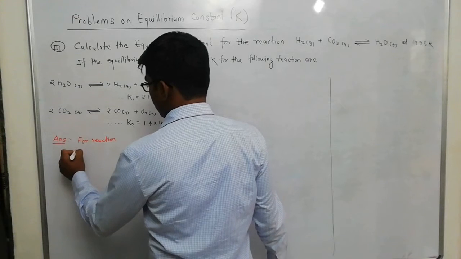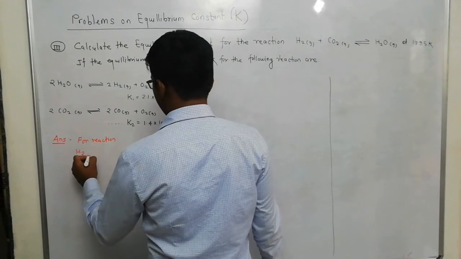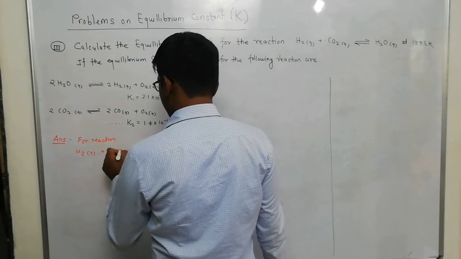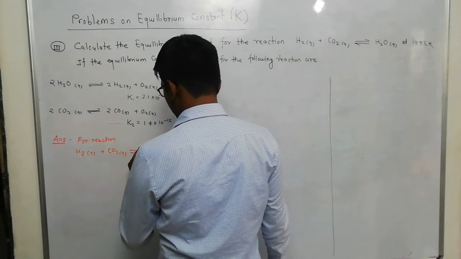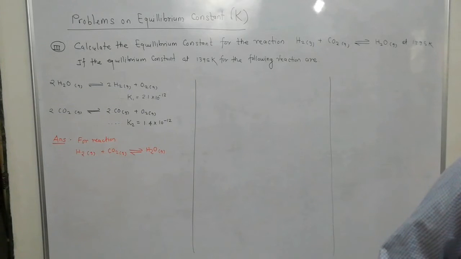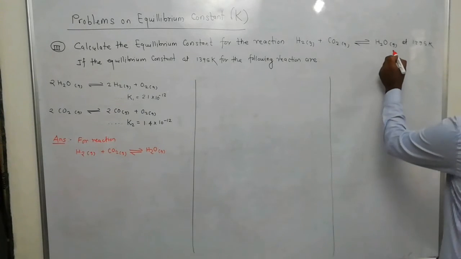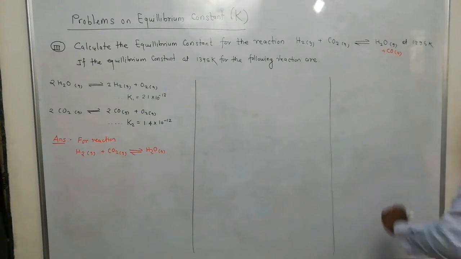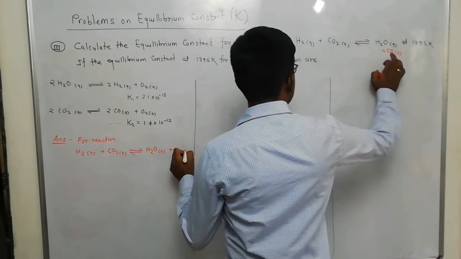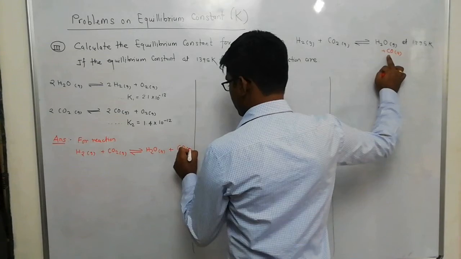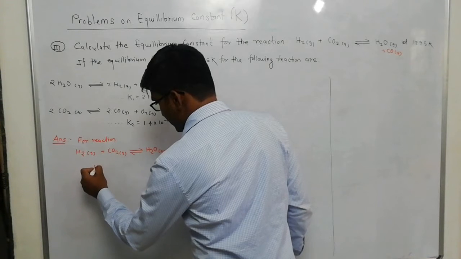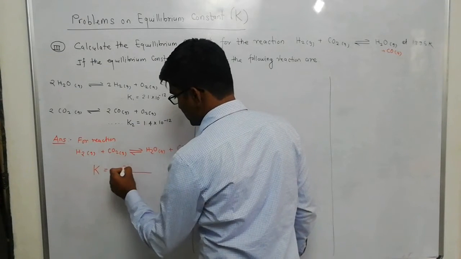So let us write this reaction. H2 gas plus CO2 gas is giving rise to H2O gas plus CO gas. Let me check the problem once carefully. Yes, here is CO plus CO gas. Now, for this reaction our equilibrium constant will be capital K is equal to